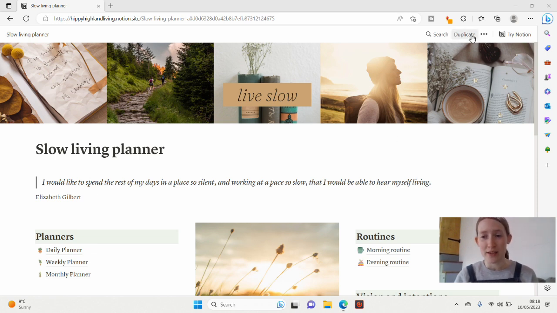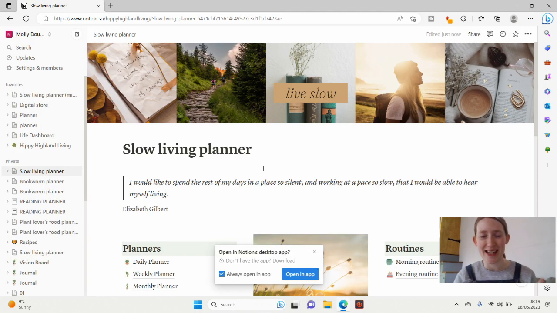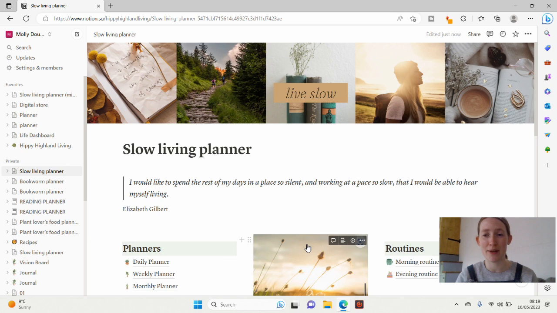If you don't already have a Notion account, then it will ask you to create one, which is again free to do, and you just need to put in your email and a password. If you already have a Notion account, then it will either log you in automatically or ask you for your login details. So it's pretty straightforward. Okay, so that's all duplicated. It just takes a few moments. You can use Notion completely online, or you can use the desktop app, so it might offer you to open that, because I have that if you want to.